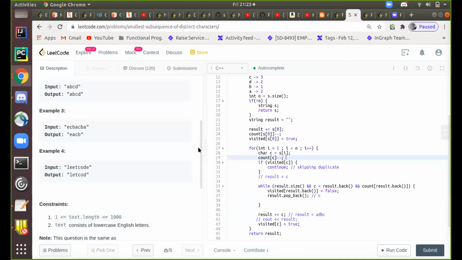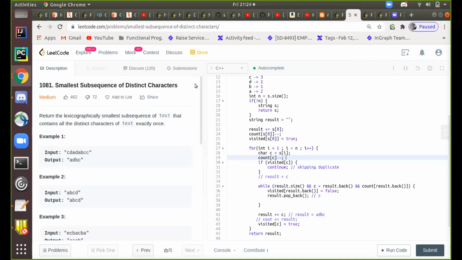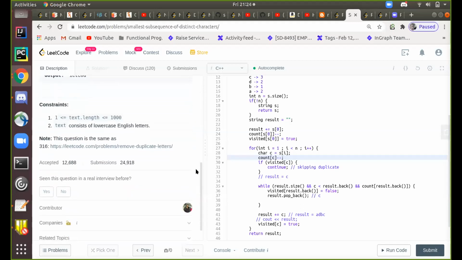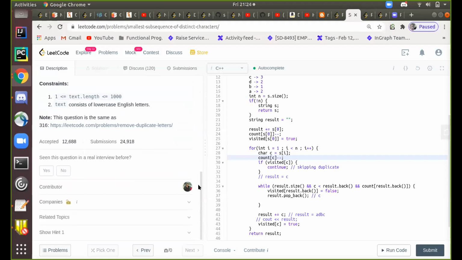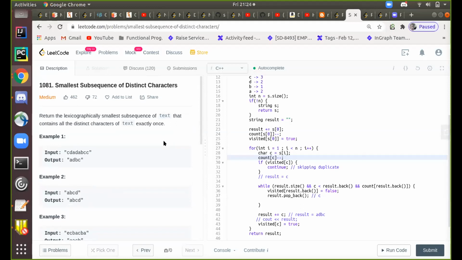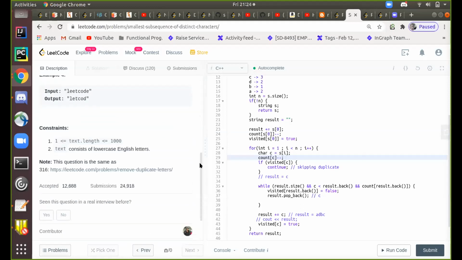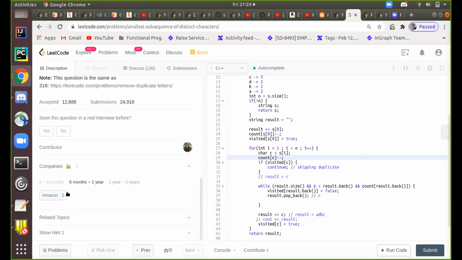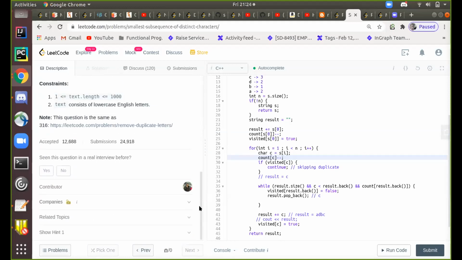Because it was the first one which came in LeetCode, 316, right? And now this is 1081. So that is already done. People know about the solutions to some extent, at least understand it. The next time it will fall in easy, right? No, I don't think so. Subsequent problems are not so easy, at least medium for sure. Because we have done 1000 problems of LeetCode, surely we have come across many subsequent problems. So at least we know what a subsequence is and how we can get to it. For Amazon, it was asked 2 times.